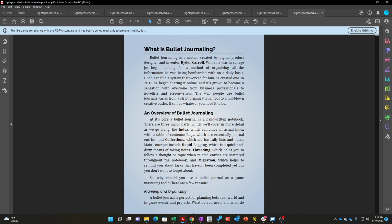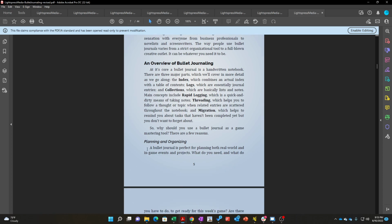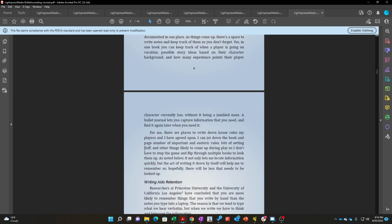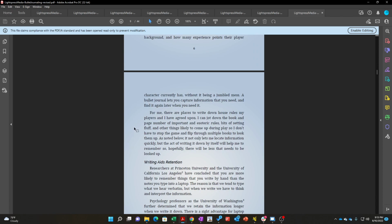Creative add-ons and method for organizing all the information he was bombarded with on a daily basis. In 2013, he's sharing a handwritten notebook. There are 3 major parts: index, logs, collections. As a game master, planning and organizing, tracking and capturing. Yeah, I'd obviously do it in OneNote, and I'm not going to...